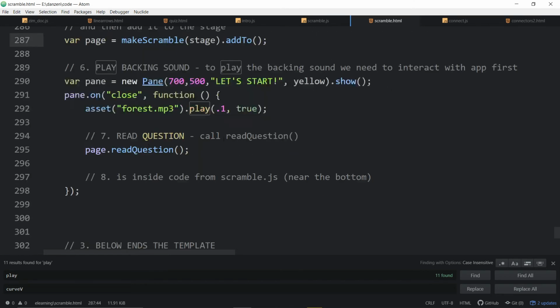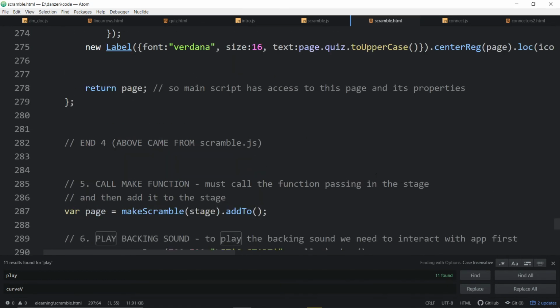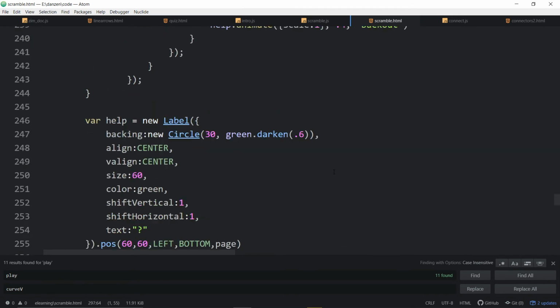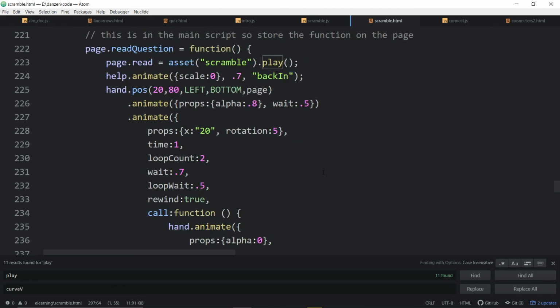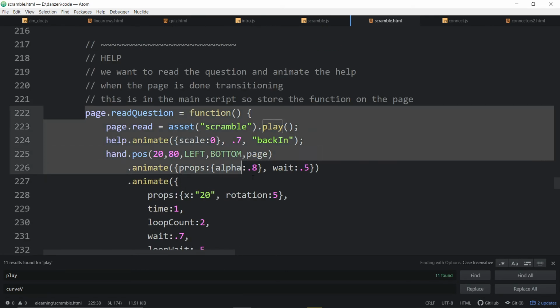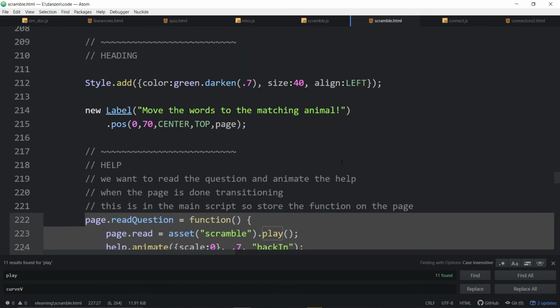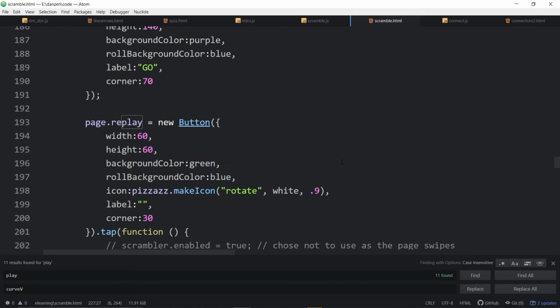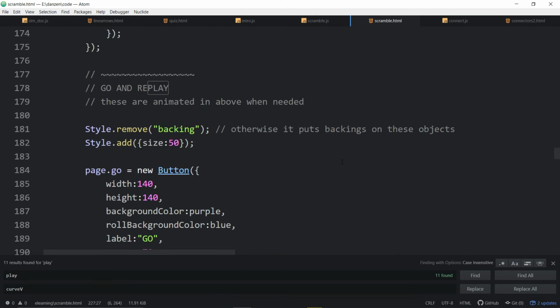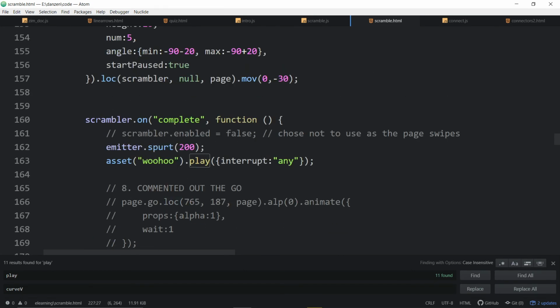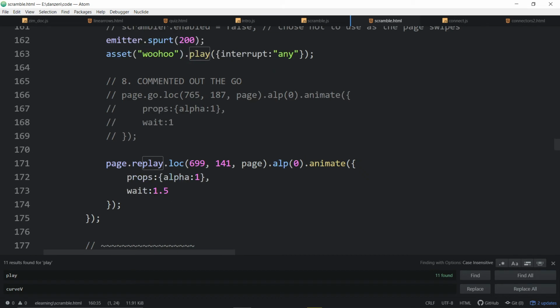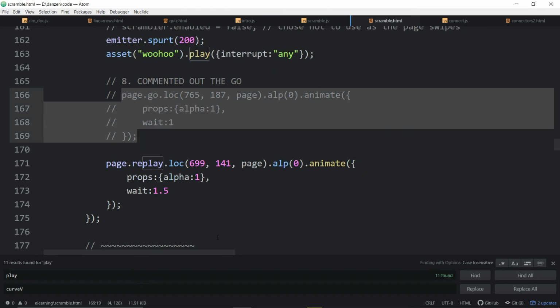So the last step, this was number 7, last step number 8, inside the code from Scramble.js. Here at the bottom, let's see what we've got. So here's the function read question. And somewhere in here, we'll see a number 8. Page.go, here it is right here. So when the scrambler is complete, it usually shows that go button. So the go button is made down below,